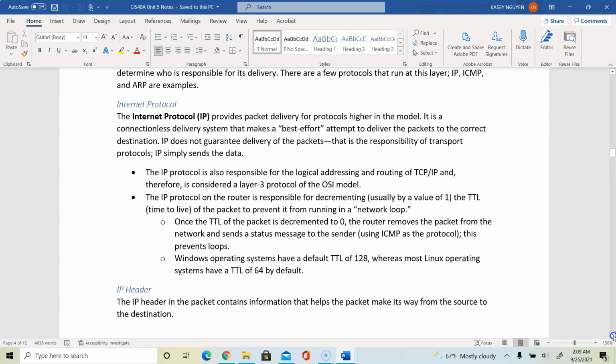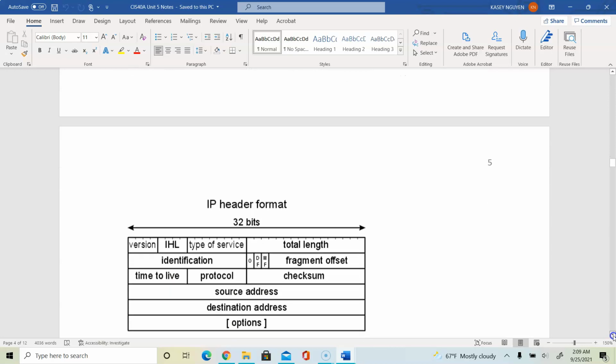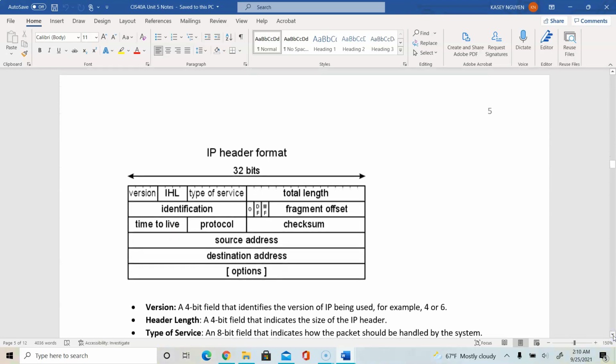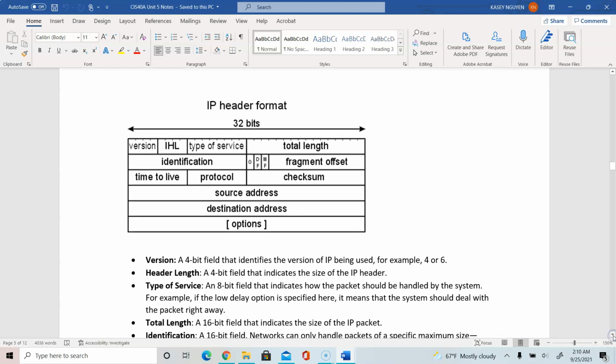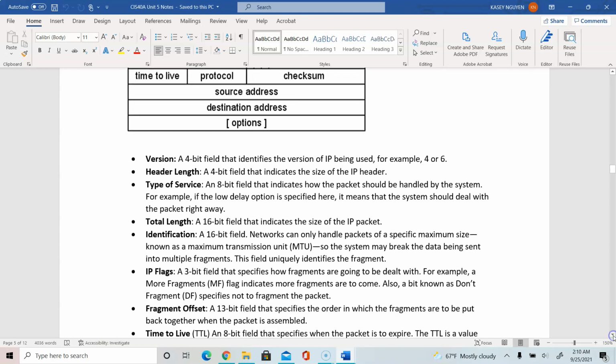Now, the IP header in the packet contains some information to help the packet go from the sending system to the destination system. The IP header is 32 bits wide. It contains version, header length, type of service, total length, identification, fragment offset, protocol, checksum, source address, destination address, and optional data information. The version is 4 bits, which identifies the version of IP that's used, either version